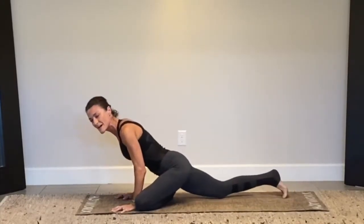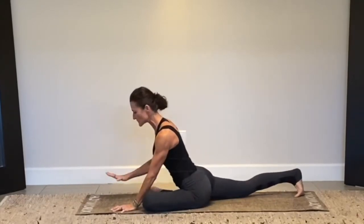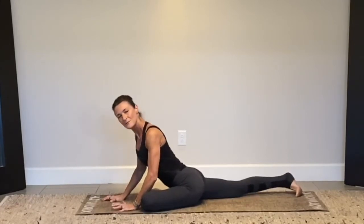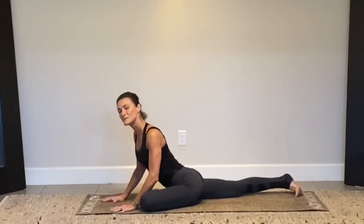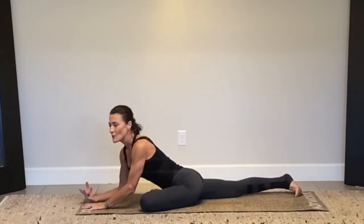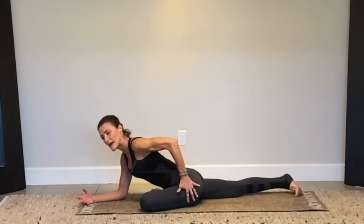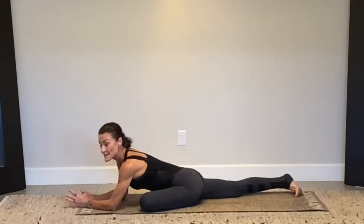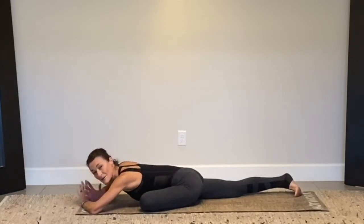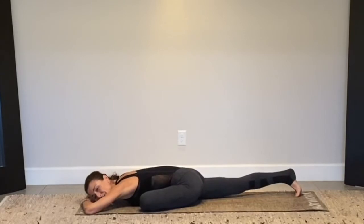setting that up, again, parallel or as parallel as you can to the front edge of your mat. Again, roll that right hip now, maybe noticing a little bit of difference on both sides. Our bodies aren't always symmetrical. Roll that right hip towards that right foot, release that left hip, relax that leg, and then slowly find out where on this side our body will allow us, maybe bending through the elbows, maybe coming to that full expression again,